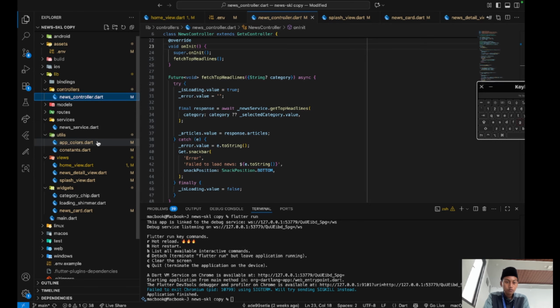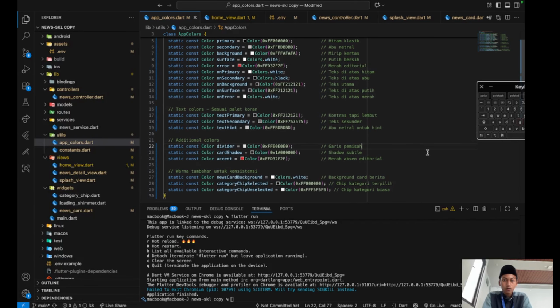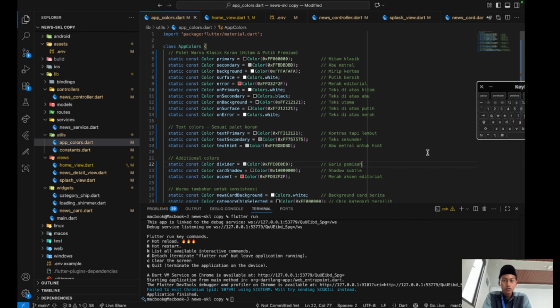After that we can modify app colors dart, which is inside the utils folder. This is the color which I use for my news app.